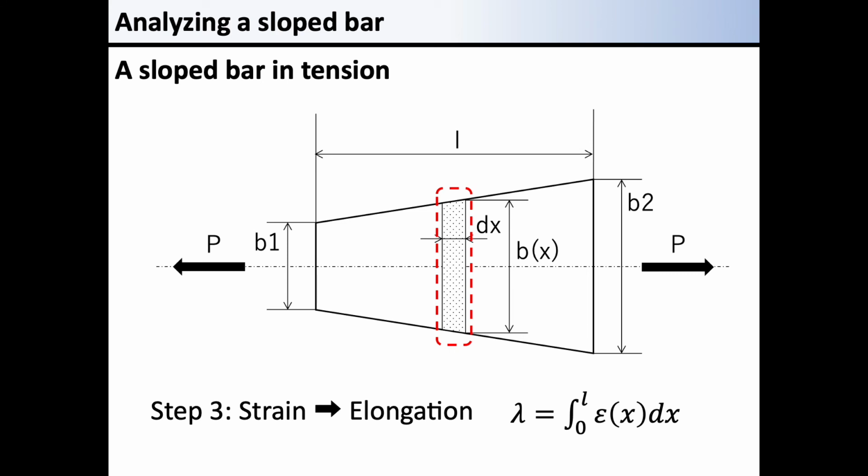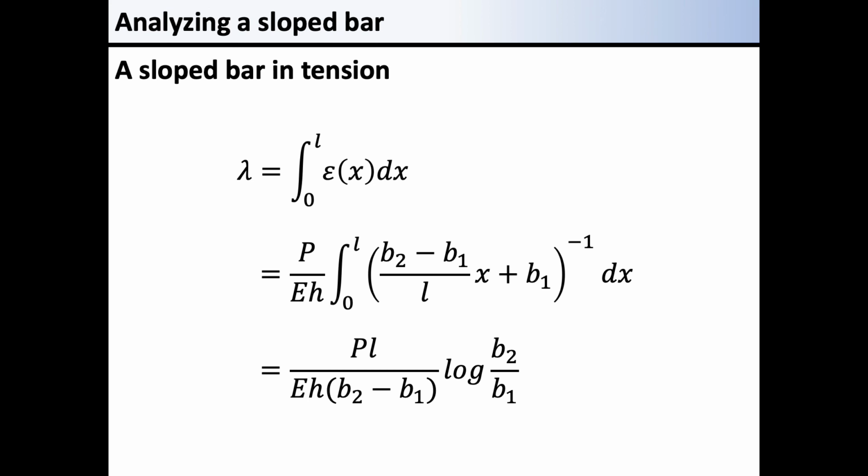To understand this integration, you need to be clear that this argument first focuses on the rate of elongation at this fraction. The small deformation can be calculated by epsilon x multiplied by dx. Also, note that the integral means the sum of them. It may be easier to understand total elongation as the sum of elongation of each of the fractions of dx. It is a calculation similar to the integration of velocity to get total displacement.